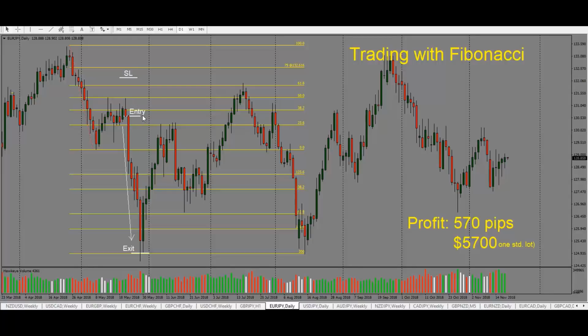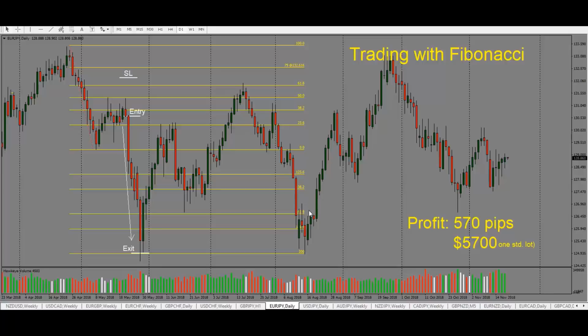so that's a good place for us to enter a short, and our stop would go on the other side of this. So I would like to give it some room for the trade to breathe, because we are trading from the daily here. Our stops and take profit targets will be larger compared to a 1 hour chart, for example. So here we enter the trade short, and we see as price drops, we don't really have much reversals. They're all red candles, so we can just stay with the trade here,